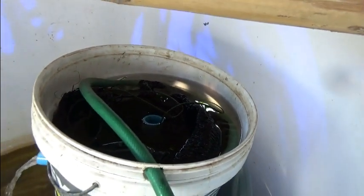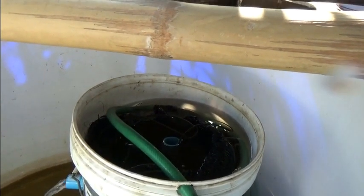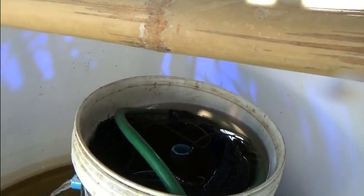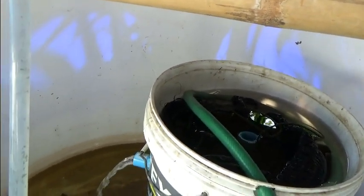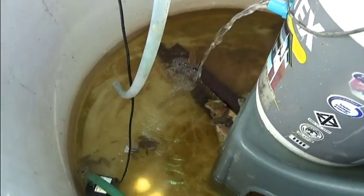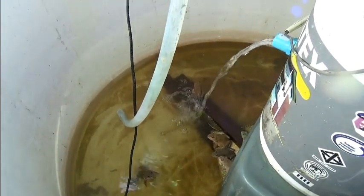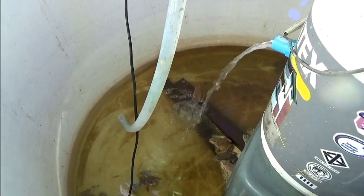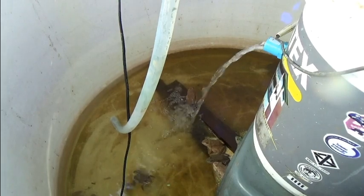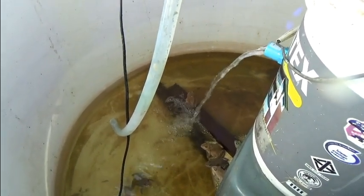Okay guys, well that's it. A tiny swirl filter with some shade cloth in it. Hopefully that works. If it doesn't work any better than it did without the shade cloth, it'll still be alright. It still works. As you can see, the water is a little bit dirty, but I haven't changed the water in here in a week or more since I built the filter. So that's pretty amazing really. I'm just putting a little bit of water in now, just topping it up. See, it's low. Evaporation happens. But if you took out a bucket full,